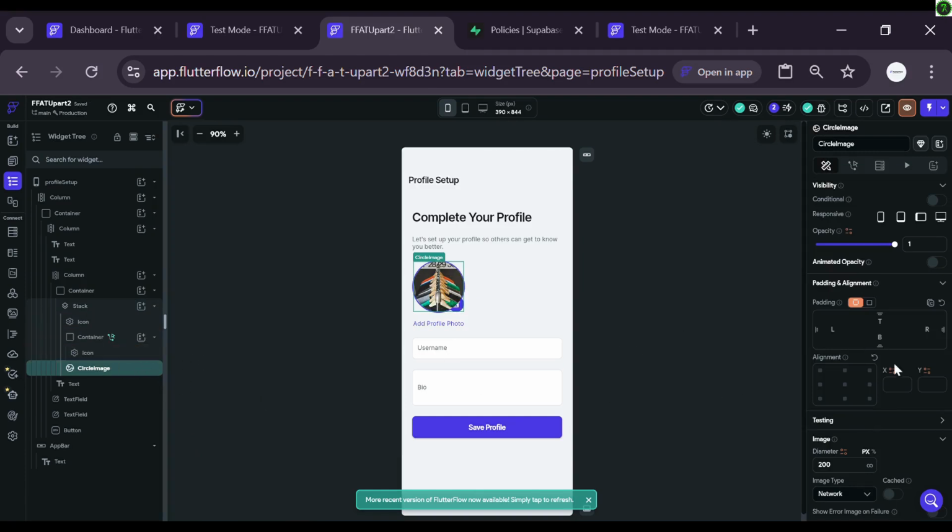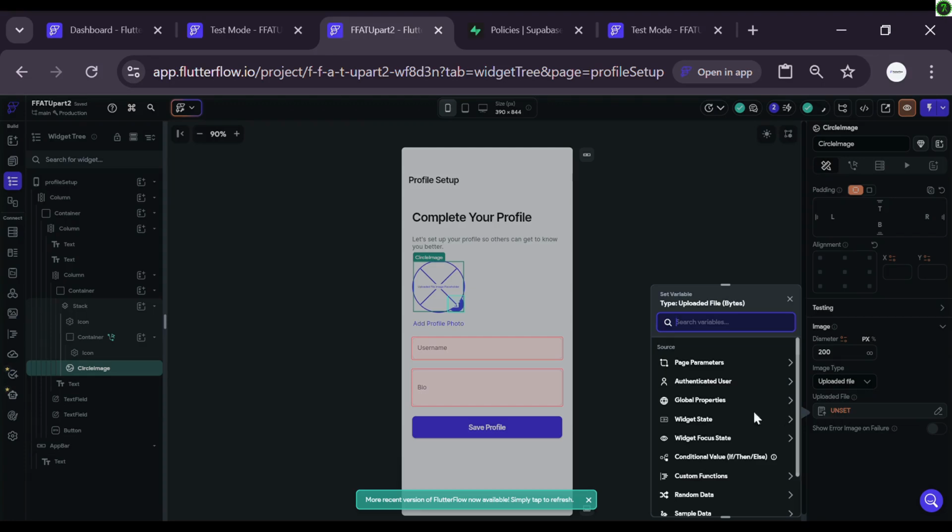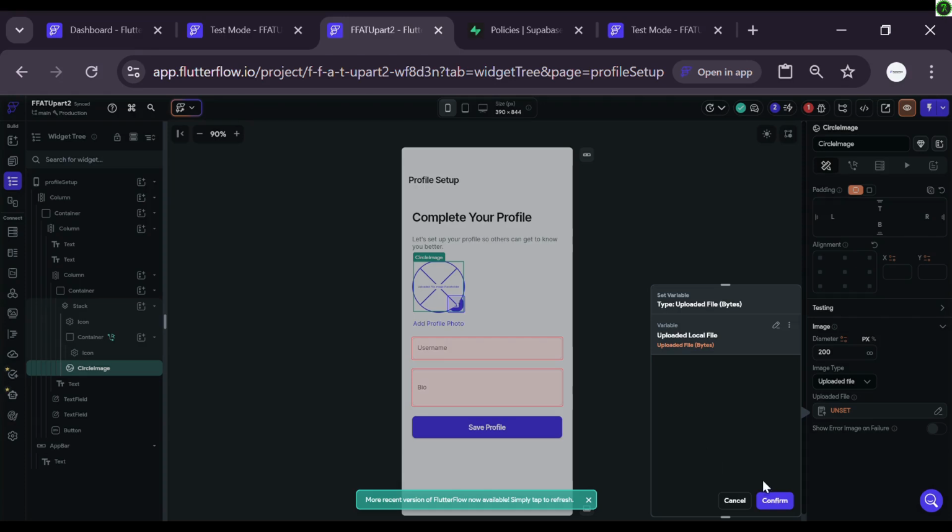For this, we'll change it to upload file. Then we'll go to widget state, then upload local file. This is referring to the first upload we set up, that actually uploads the local file. So this is the first one. When you click here and press confirm,